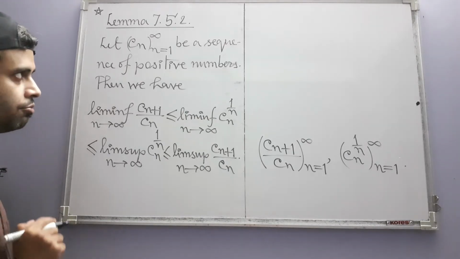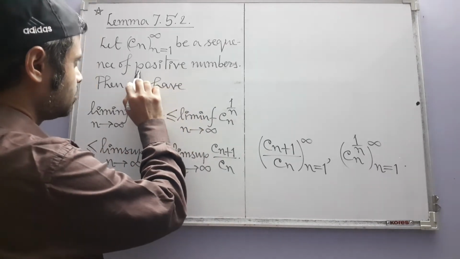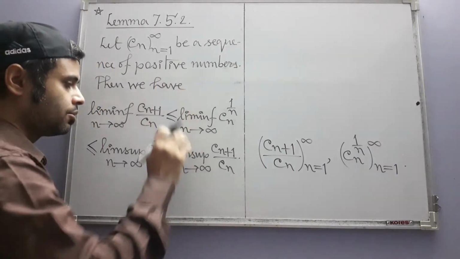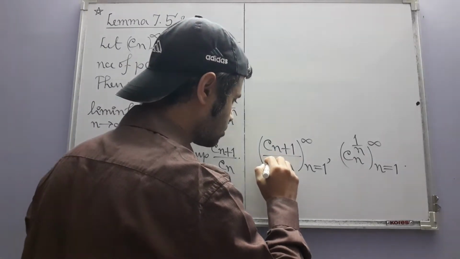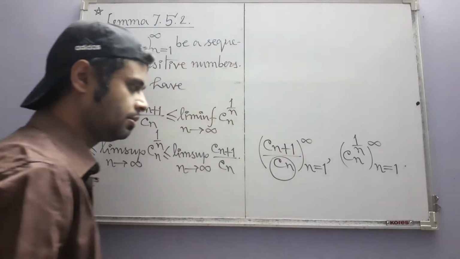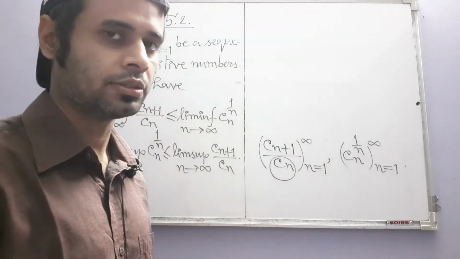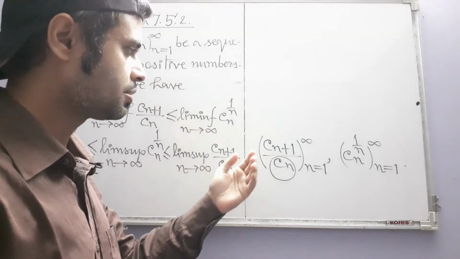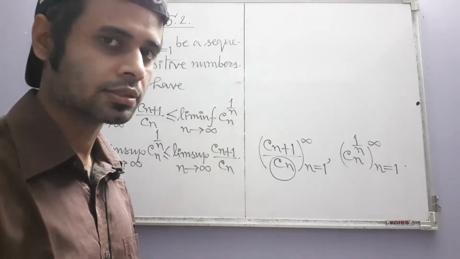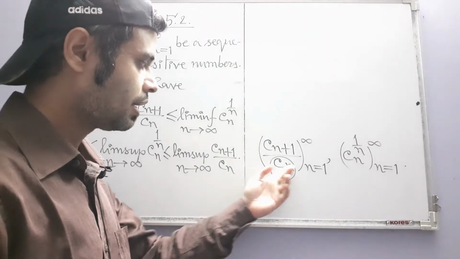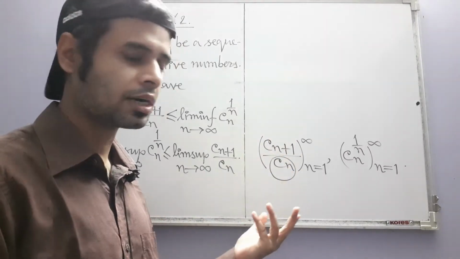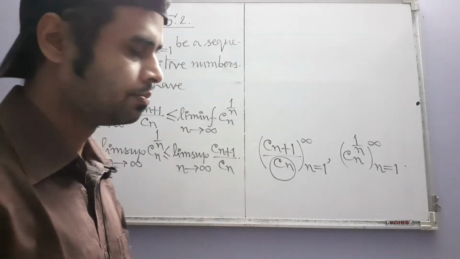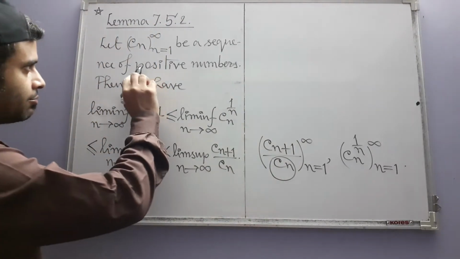Okay, now we come next to the positivity, this condition. Positivity is assumed only so that we do not have zero denominators. If you just simply take a sequence of real numbers, maybe some of its terms are zero and they will appear in the denominator of some of these terms. So this sequence cannot be formed, it will be ill-defined. So to avoid that, we are having a sequence of positive real numbers,